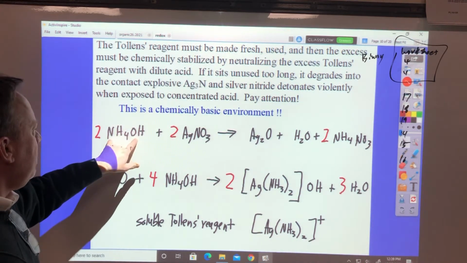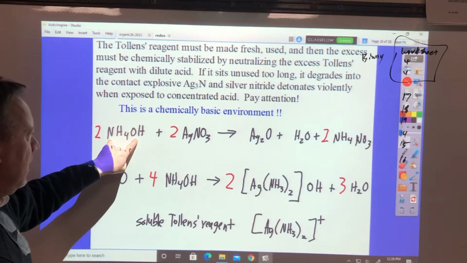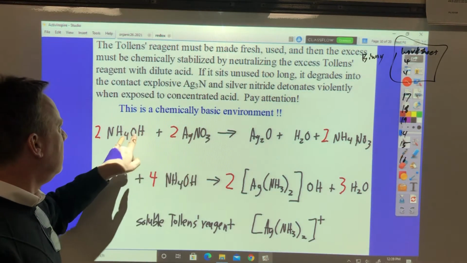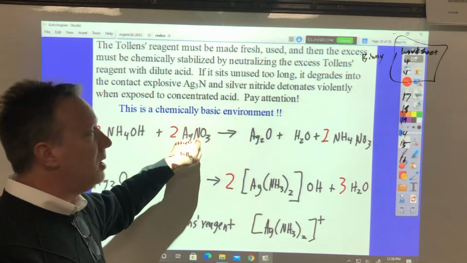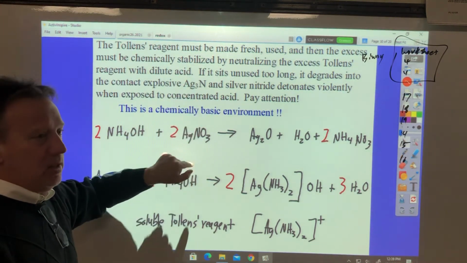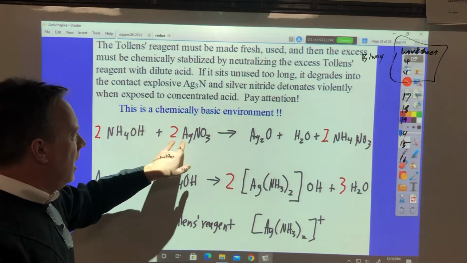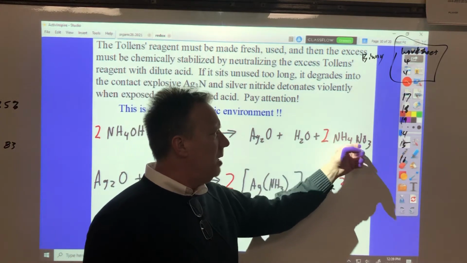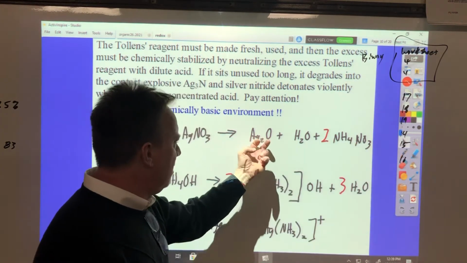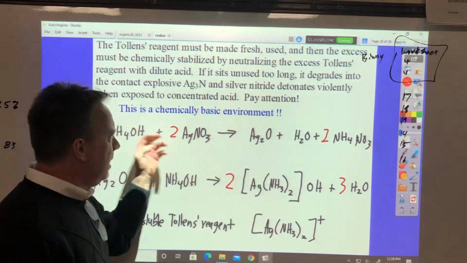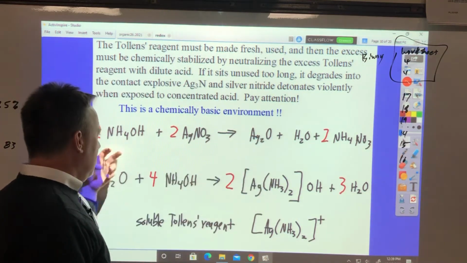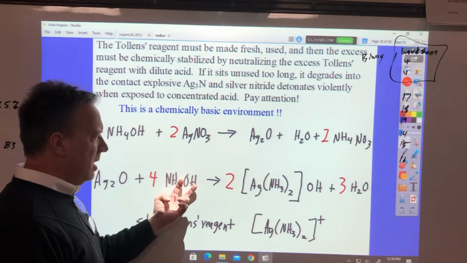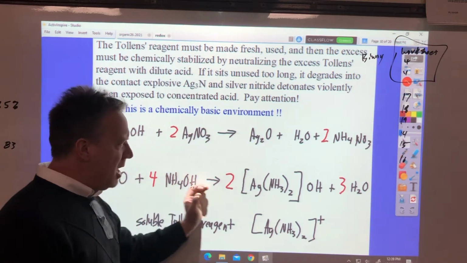The reaction is to take ammonia with the silver nitrate I made, or we made, or you watched me make. This was actually a much more dangerous process probably than that because of the nitric acid we were using. Make silver oxide and water and ammonium nitrate. Now that the silver oxide is made in this basic environment, it's going to grab another ammonium hydroxide, and make